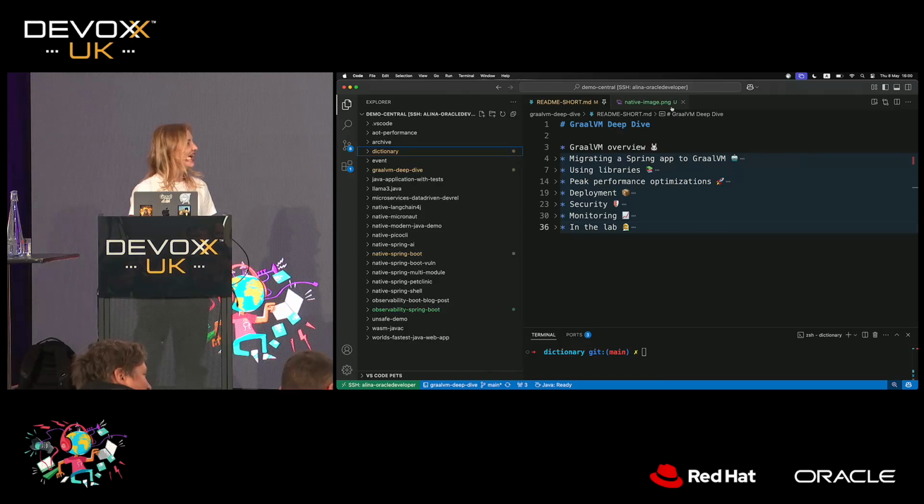So let's go ahead. My name is Alina, and today in this session, we will talk about GraalVM, and namely native image and all the things that you need to know to safely and confidently use it in production, or rather, all the things that I can fit into 50 minutes, because if I'm being honest, that's not too much